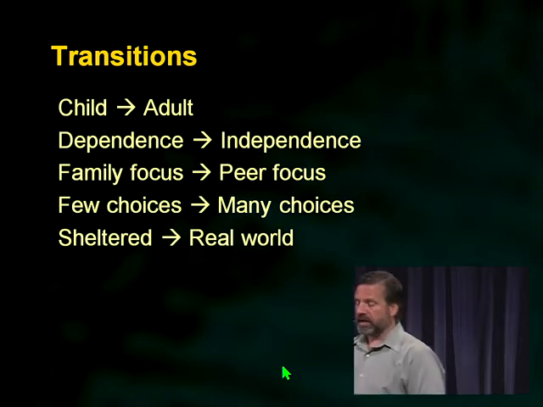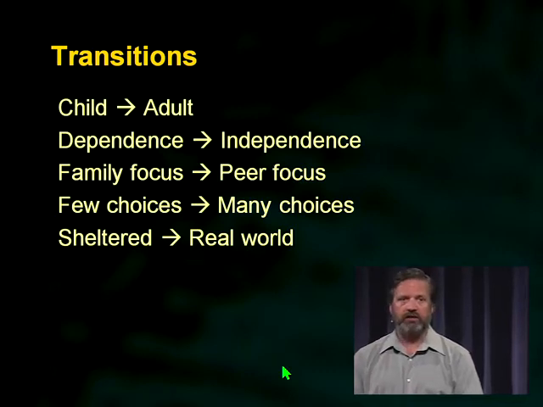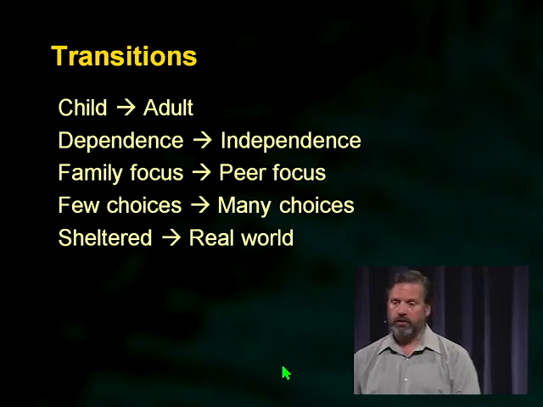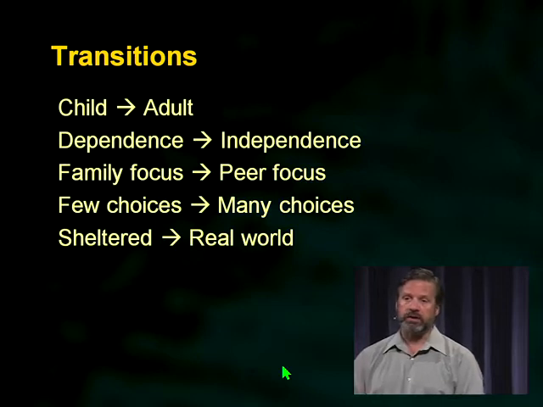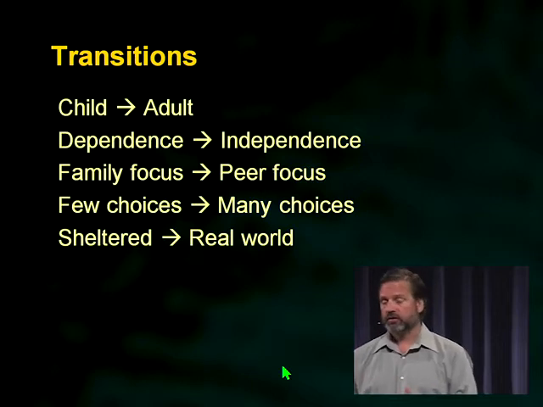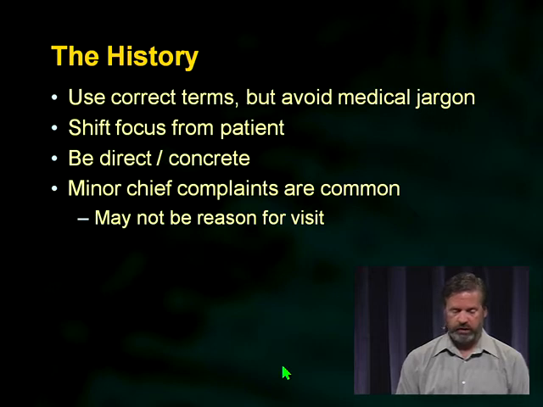So adolescents are making a lot of difficult transitions. This is just a short list of the kinds of things that they're facing. And so many of the situations that you're going to be dealing with have to do with these transitions. They're going from being very dependent on their parents to being independent. They go from a family focus to a peer focus. That's one of the biggest things that we'll talk about, is how that change to a peer focus impacts their health. They go from having generally very few choices that they can make to having suddenly lots of choices that they can make. So there are lots of important transitions going on.